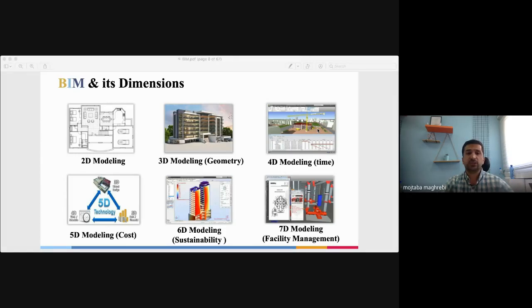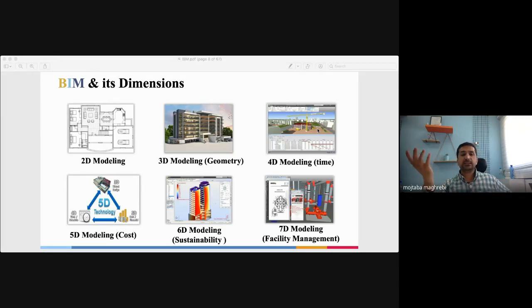So we have an object, and we could put it in a system to see how much it will cost us to build this wall, these corridors, these stairs, this window, and so on, all the objects that we have on the construction site. The other thing that comes through is the 6D.